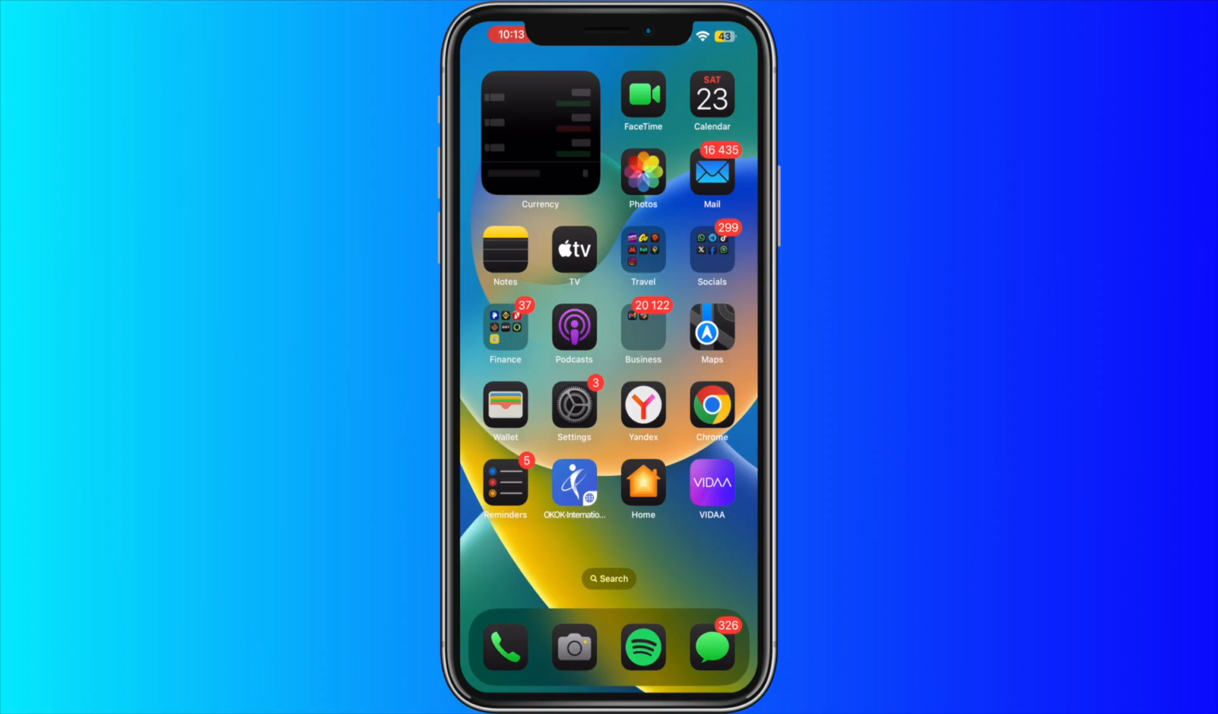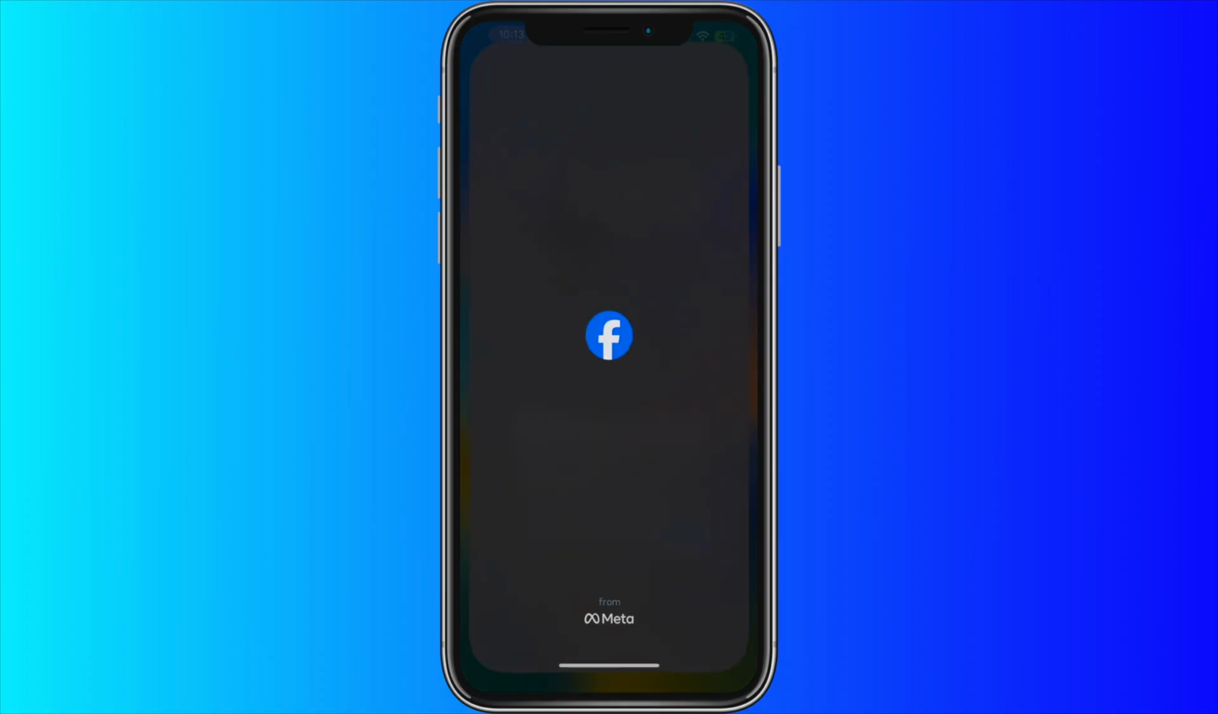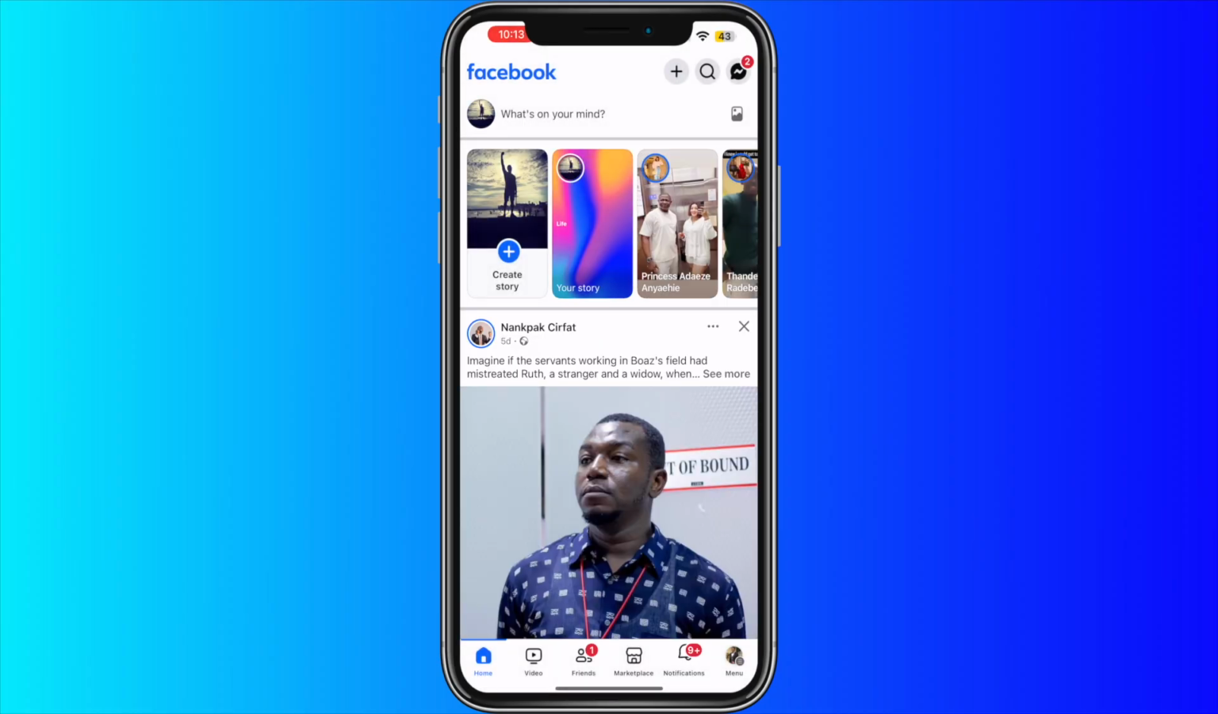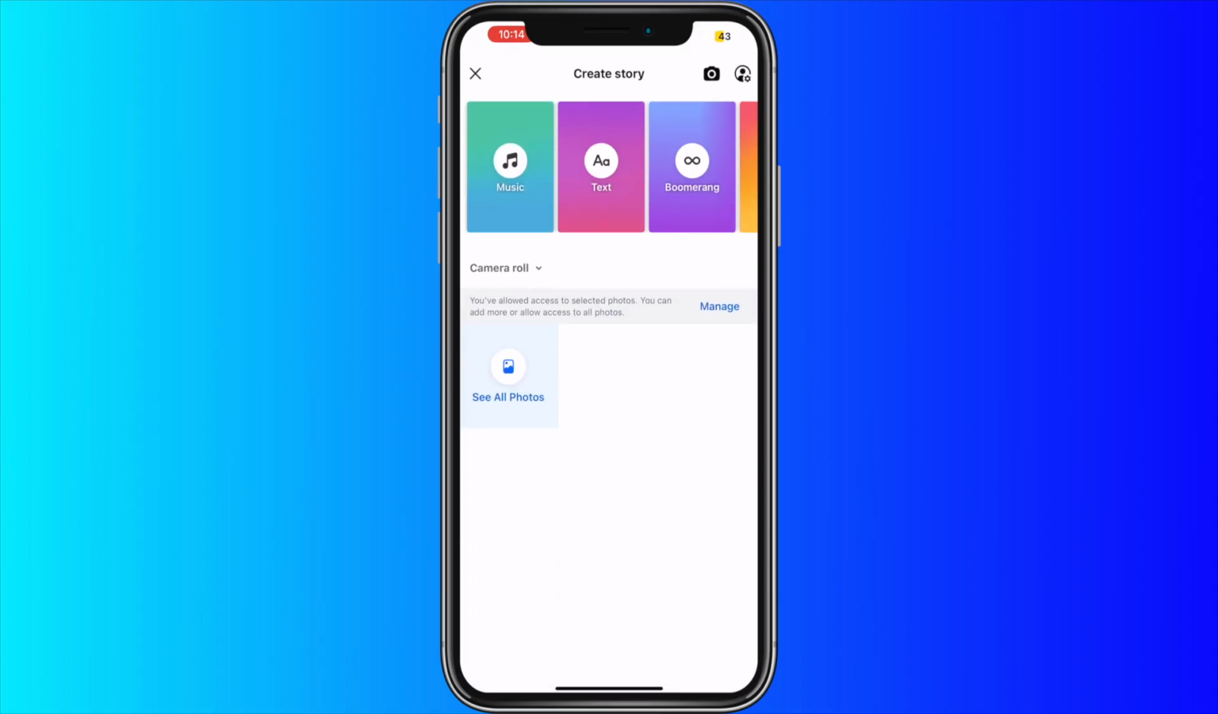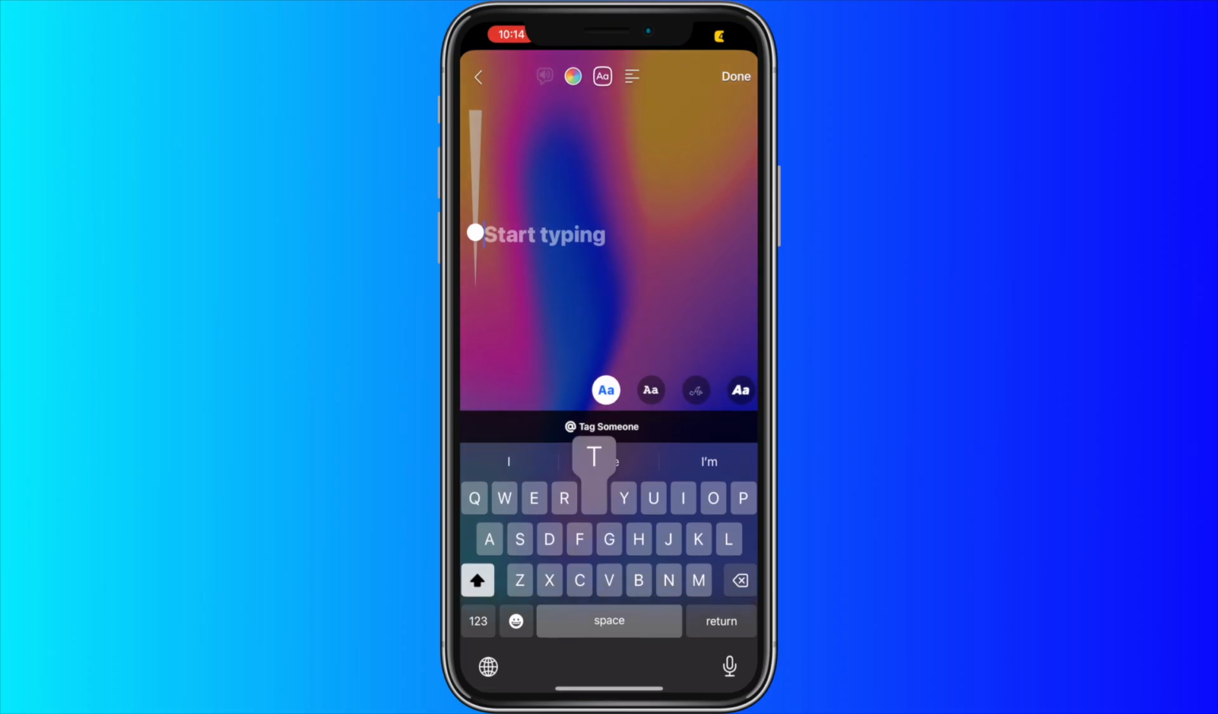Back to the video. So in order to add a story to highlights on Facebook page, the first thing you want to do is to go over to your Facebook application right here, and if you click on the plus icon on the top right corner, you can see story right there. You just want to click on story,